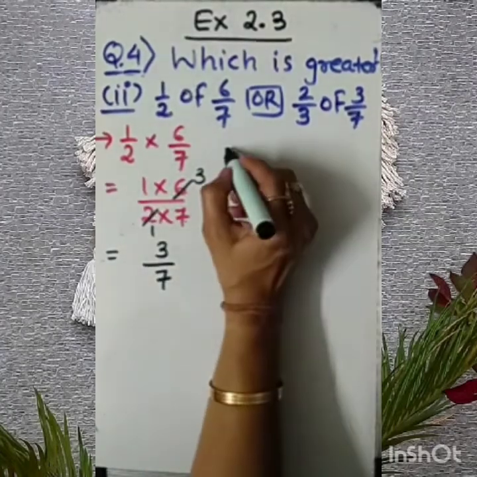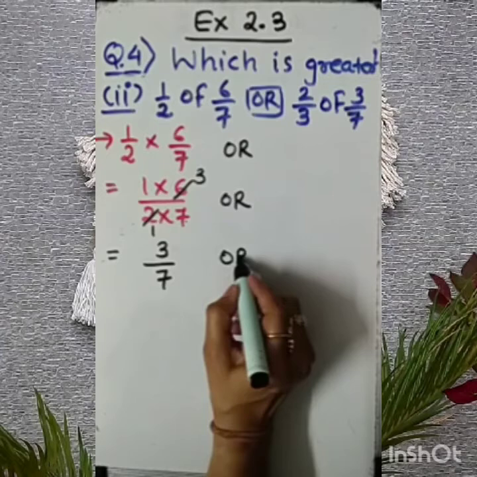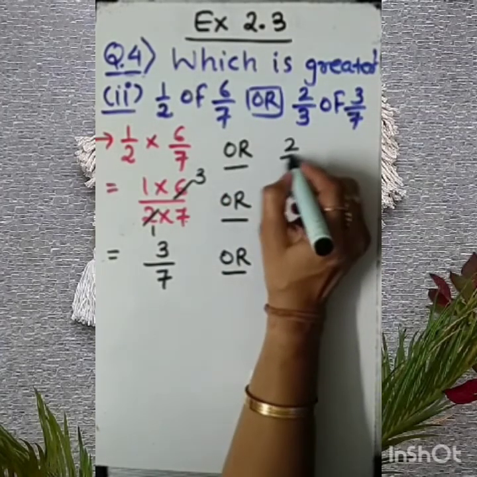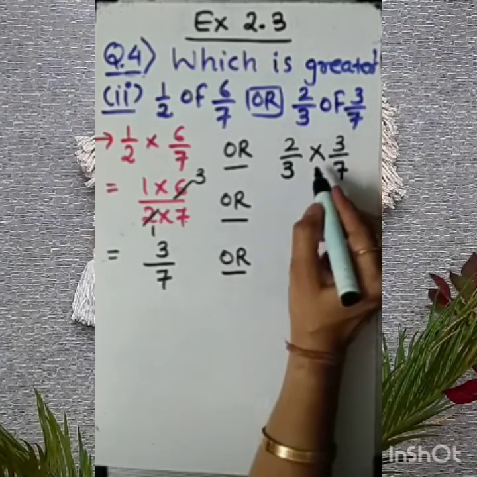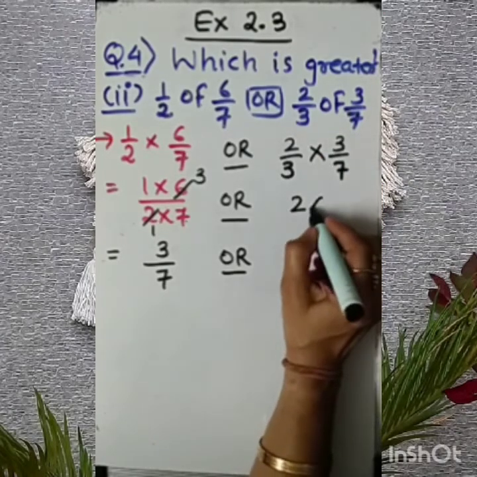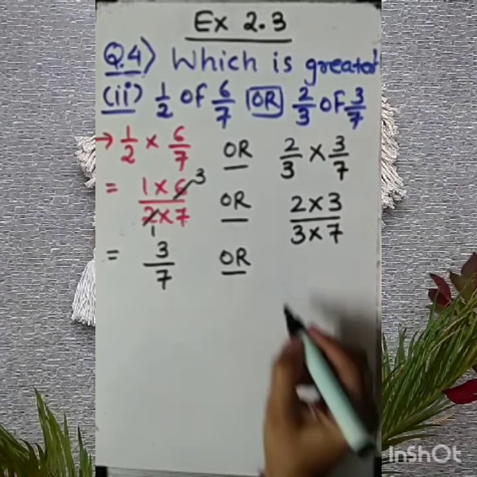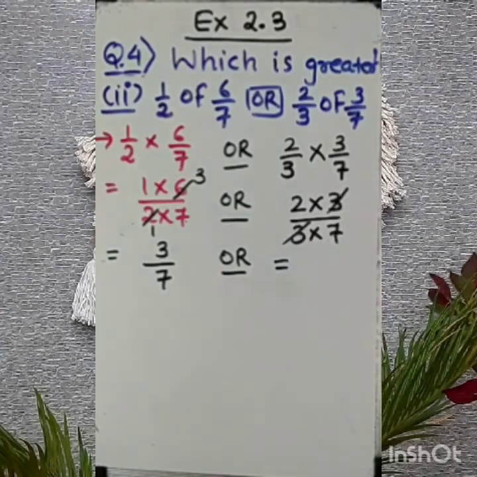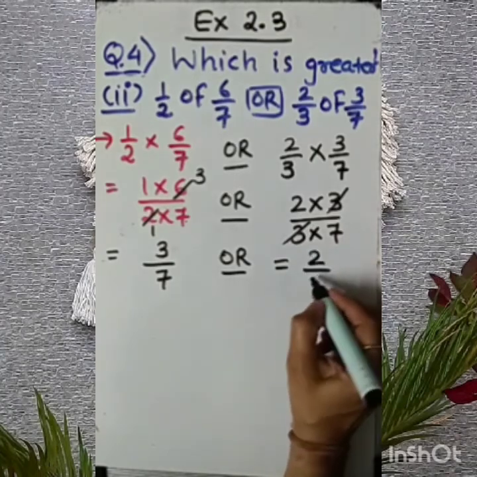Okay. Now here we need to mention as we are given in the question. So let it be as it is. Let's work out on this. 2 by 3 of 3 by 7, of indicates into. So in numerator we have 2 into 3, denominator 3 into 7. Again you can see 3 cancels, common in numerator and denominator. So we have here 2 by 7.